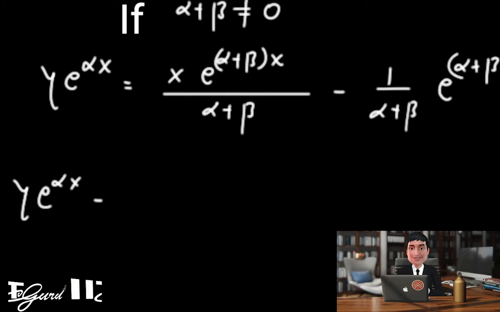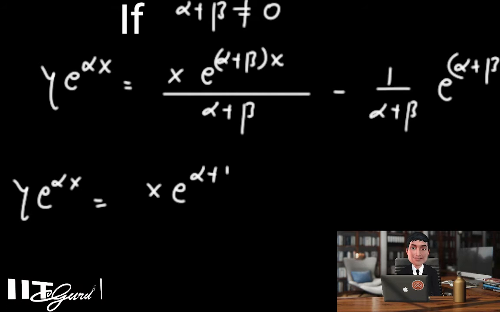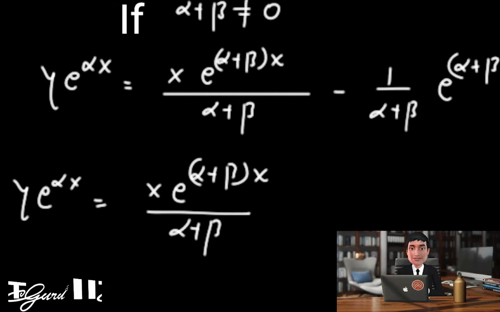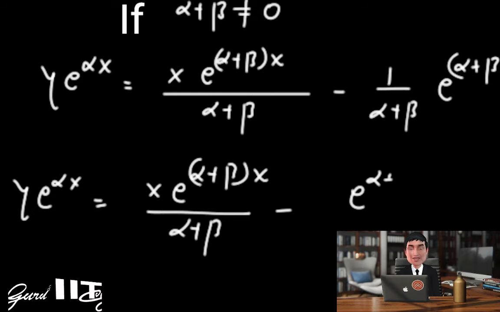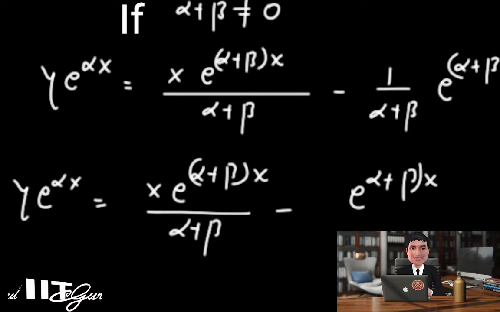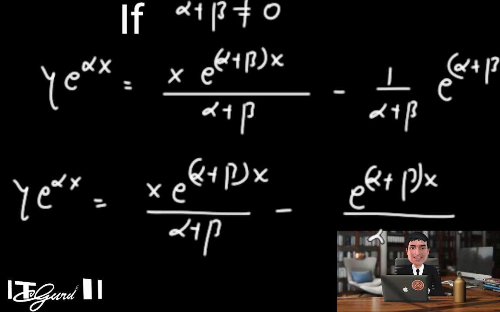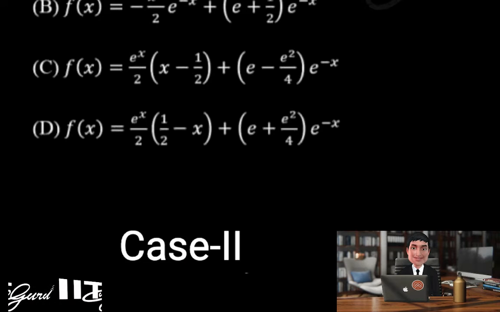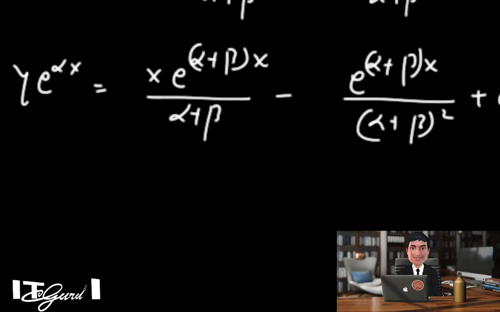is equal to x into e power alpha plus beta x upon alpha plus beta here, and minus e power alpha plus beta into x, and that was as it is, and here that was 1 upon alpha plus beta whole square, plus c. Okay, so what does c provide over here? You can see over here, c will be equal to